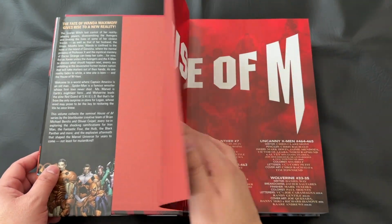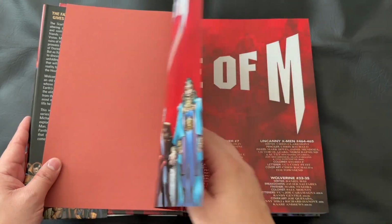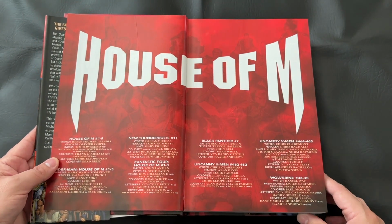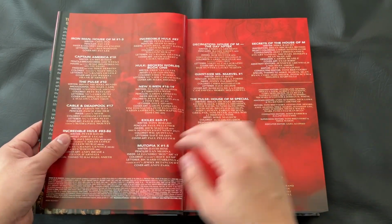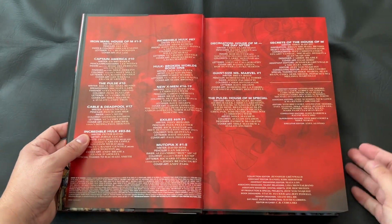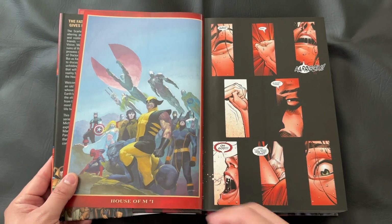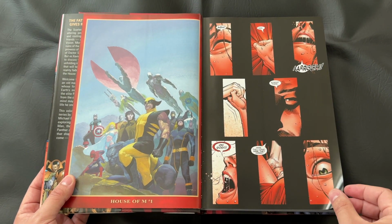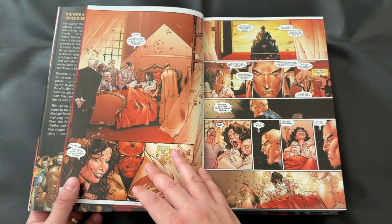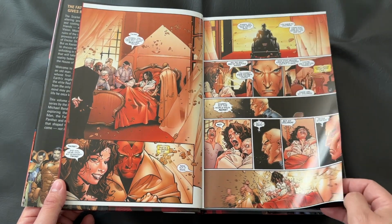And now we can go ahead and dive into the collection proper, and I'd like to take a quick moment to just say what is included with this omnibus. The House of M omnibus includes House of M issues 1 through 8, Spider-Man House of M issues 1 through 5, Fantastic Four House of M issues 1 through 3, Iron Man House of M issues 1 through 3, New Thunderbolts 11, Black Panther 7, Uncanny X-Men 462 through 465, Wolverine issue 33 through 35, Captain America issue 10, Pulse